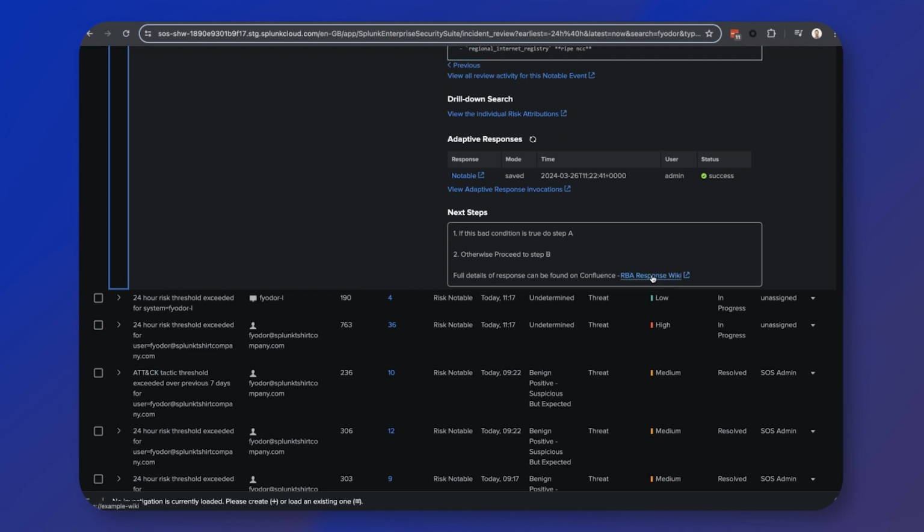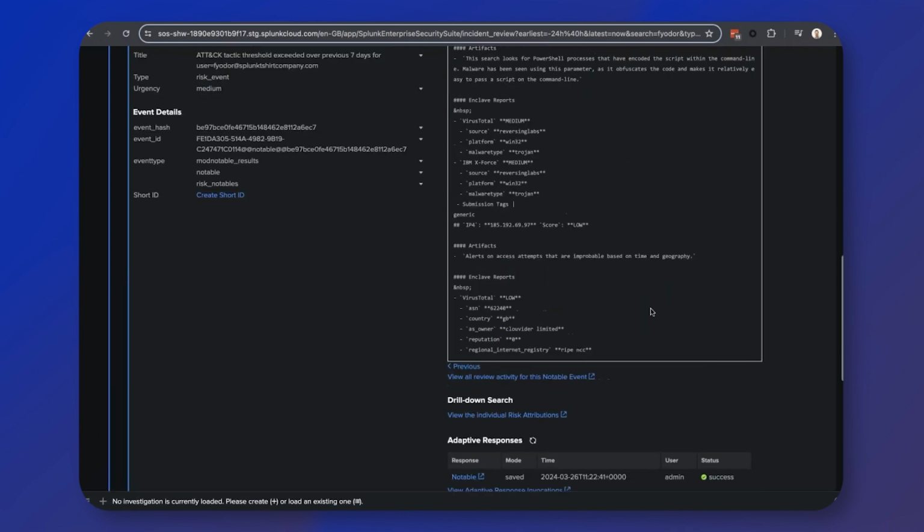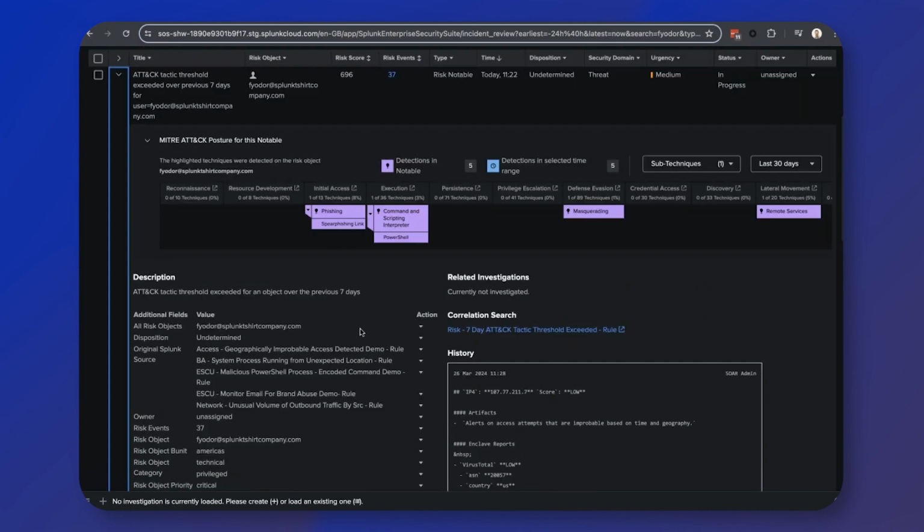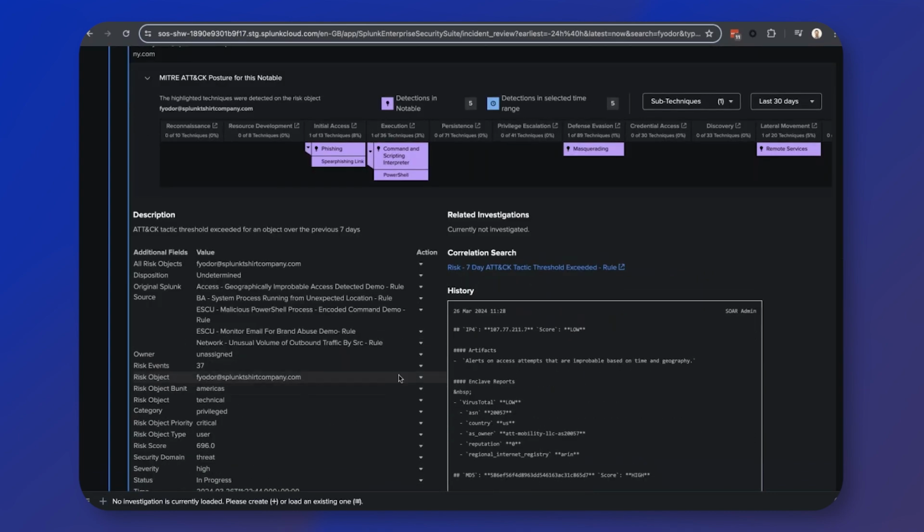And you can also provide a link to the full guide externally, right? Whether that's on a wiki, a conference page, whatever. You can go ahead and click on that and add that in as a response playbook too. In addition to this, as you want to expand, you can go, right, I want to look at my risk